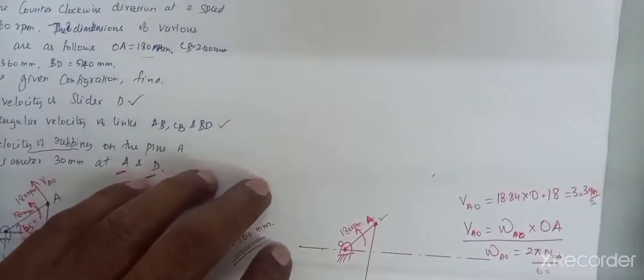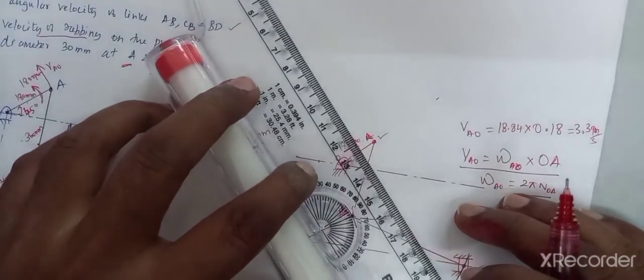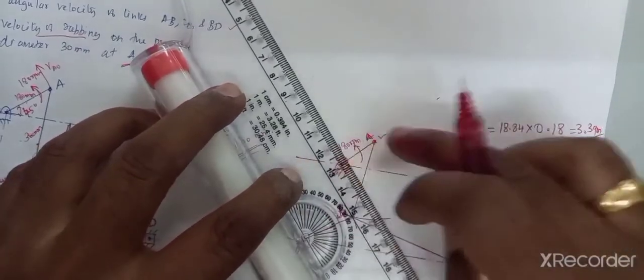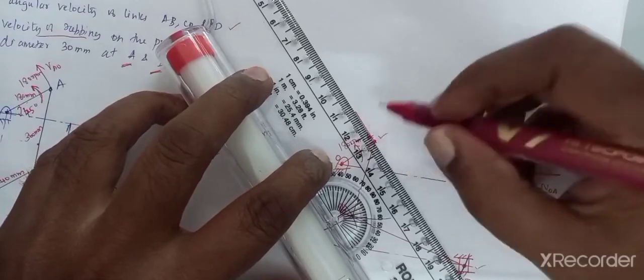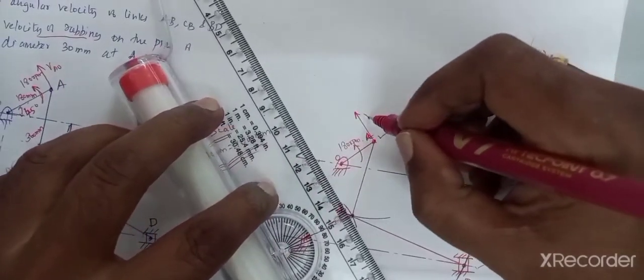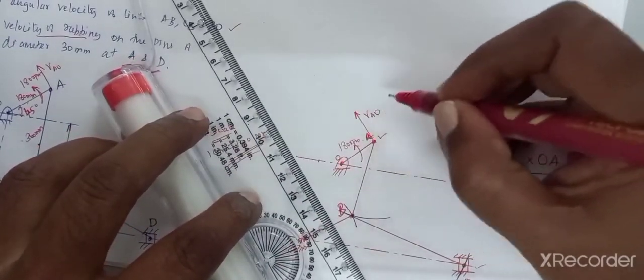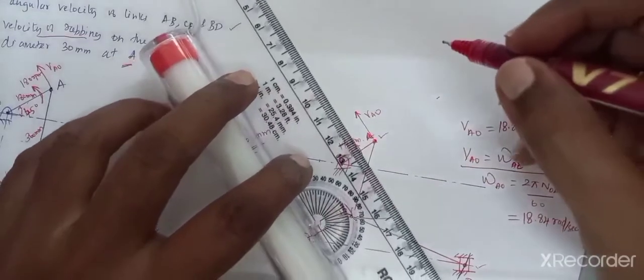I am going to draw a perpendicular. So already I told, if you want to draw a perpendicular line upwards, this is the line which is coinciding here. So this is the perpendicular velocity of AO. So I am going to draw